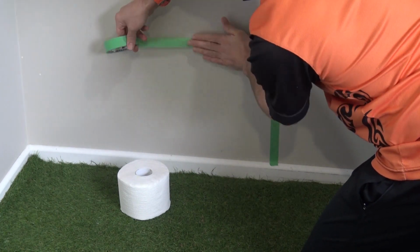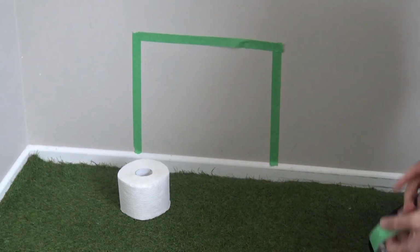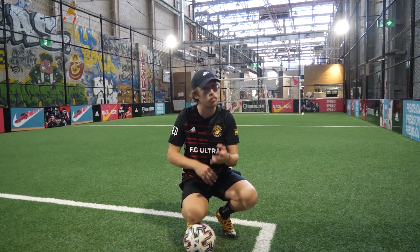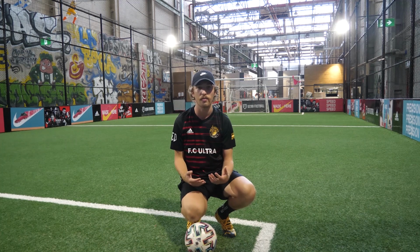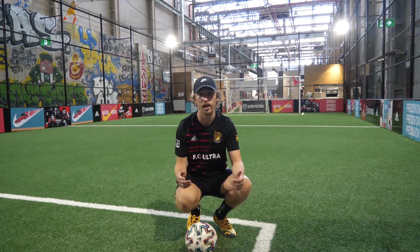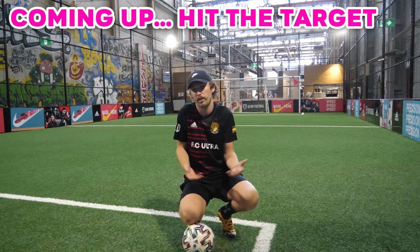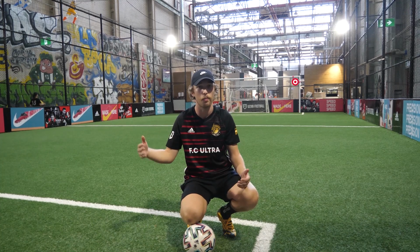Now when you're striking the ball, you also want to try and use different techniques. So we want to be whipping the ball, we want to be even knuckling the ball if you want to do that, driving the ball, swerving the ball. Try and get as much out of it as you can, and again, try on both feet, never neglect one. Now for you guys at home, I'll put some targets in the top corners, because that's what I want to show you guys. I want to give you the best content possible, hopefully balls in the top bins, but of